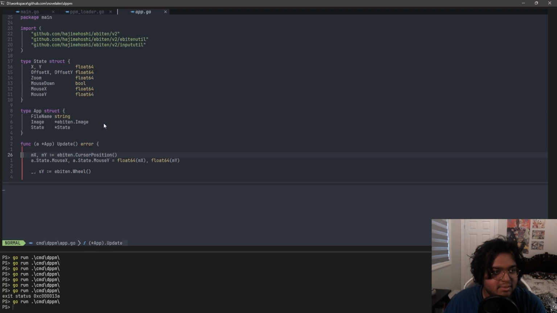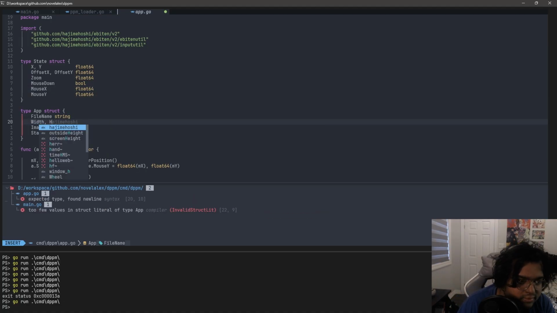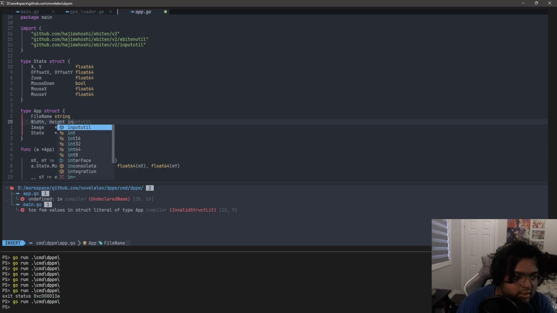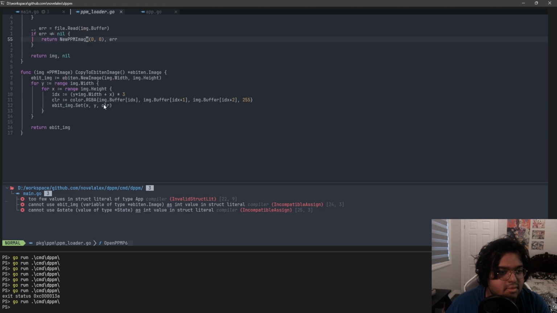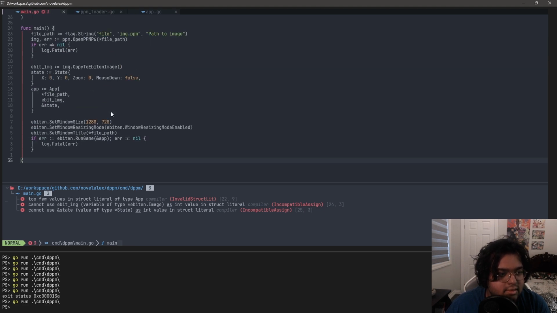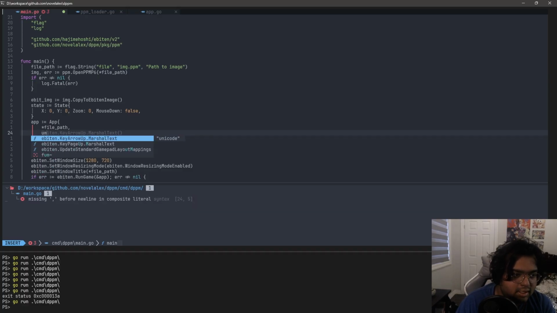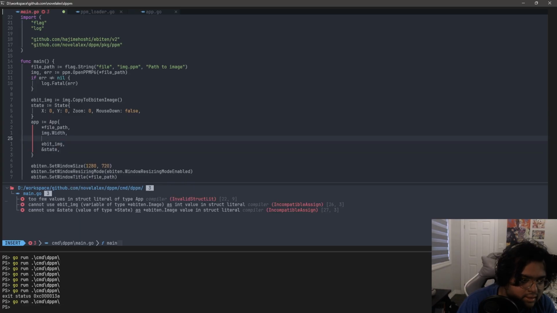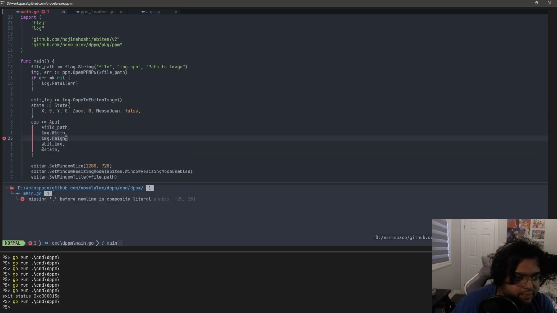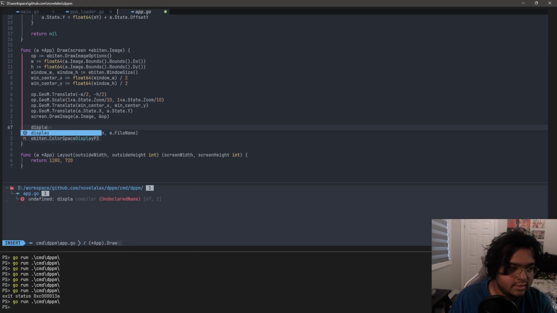And let's also display some data about the image here. So let's pass in width and height as ints, and let's just display that as well. So where's that happening? Let's go to main. Here I can pass in the width, so img dot width and image dot height. Now it should be done. Well, it's not done yet. I gotta actually print it. Display